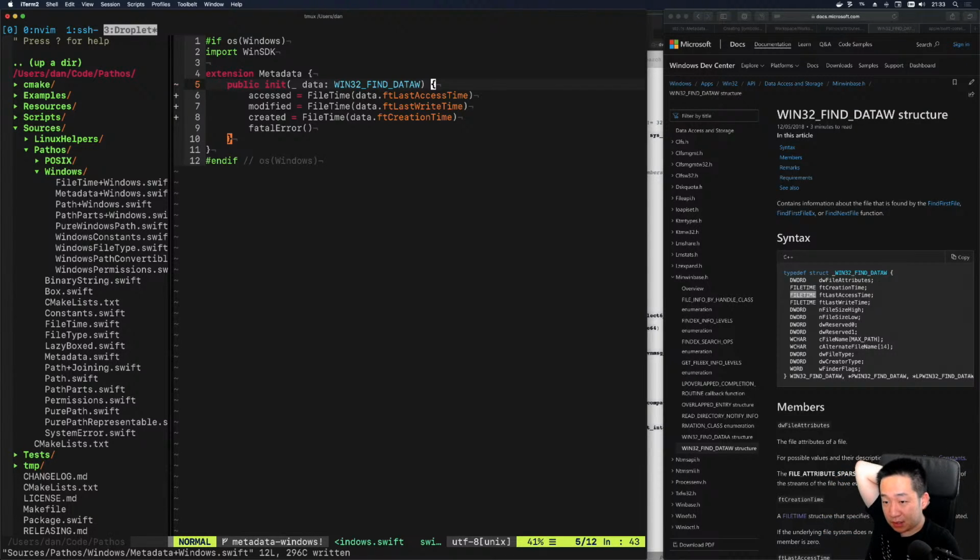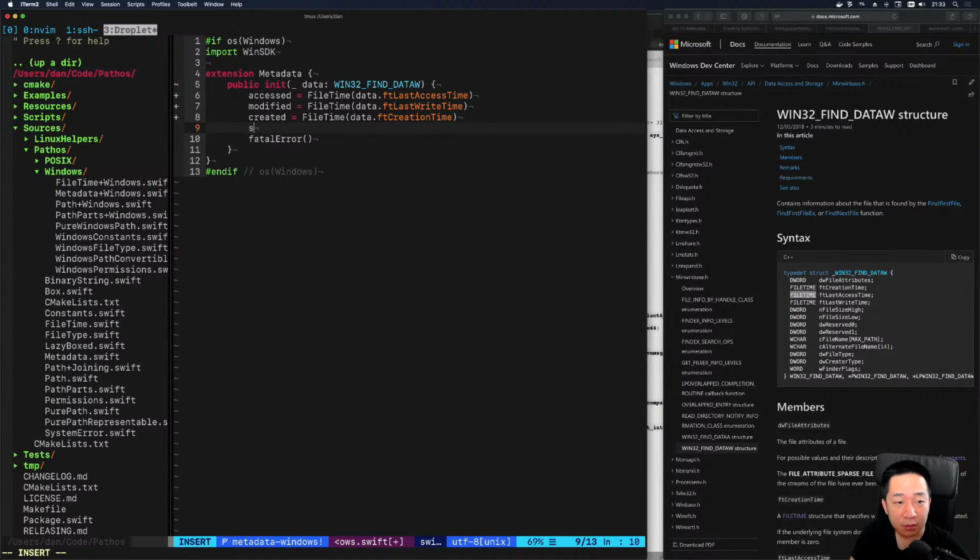Yeah, so this is just the beginning. We can, while we're here, do the file size one. So we have a size property. It's 64-bit. Yeah, the file size on Windows is, again, higher and lower bits with DWORDs. So we can do Int64, data and file size high, shift by 32, or that with